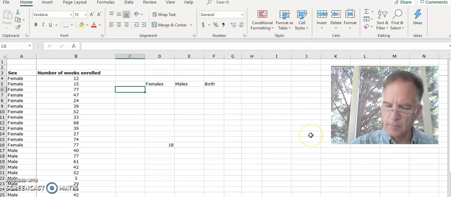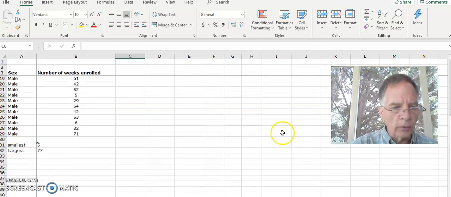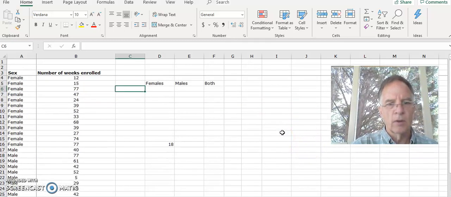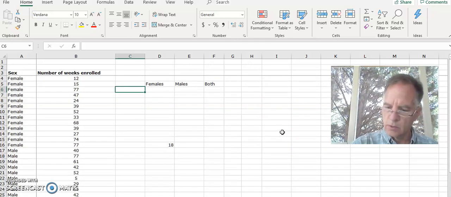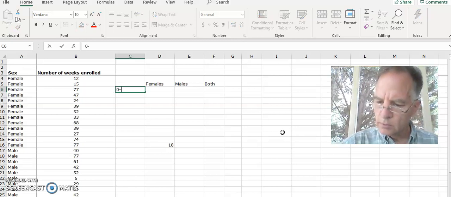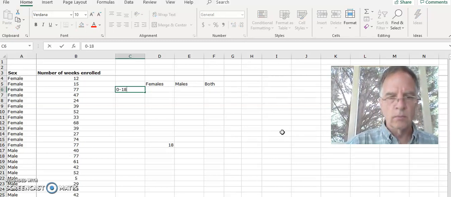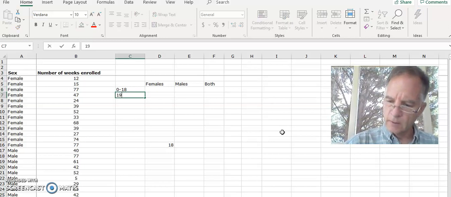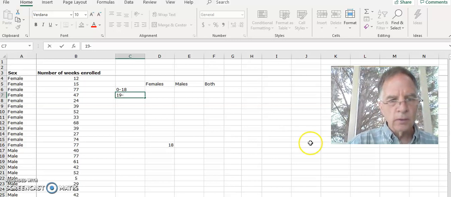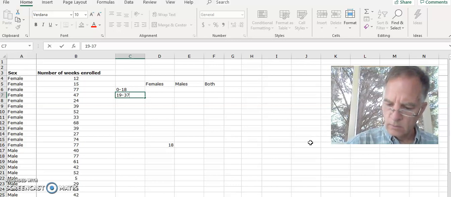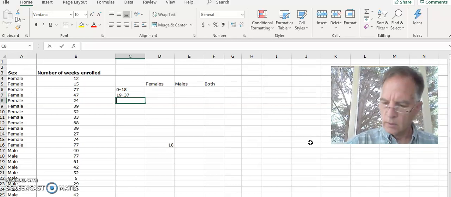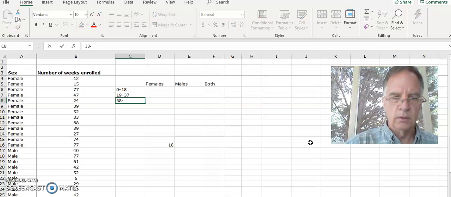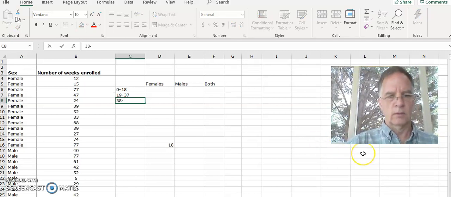Let's try, smallest is 5. Let's try 0 to 18, 19 to 37, 38 to 56,